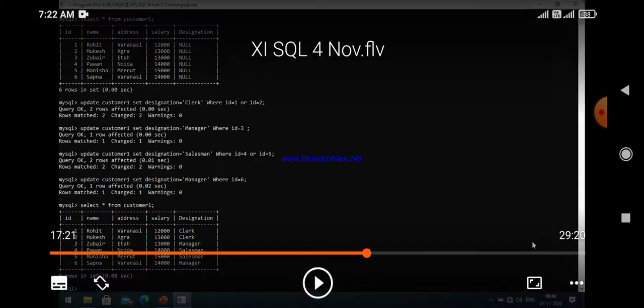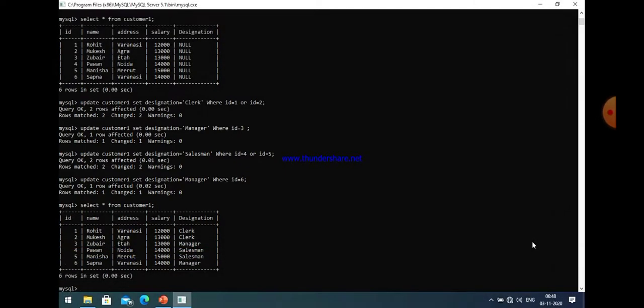Now let us make another small change. I will use the update table command again, update customer set designation, and this time I just put designation as accountant for the customer who has id 6, where id is equal to 6.